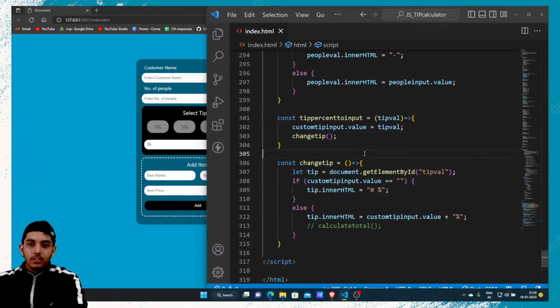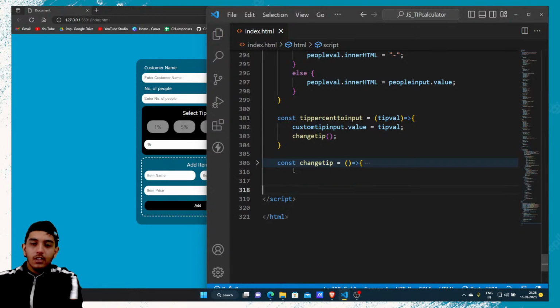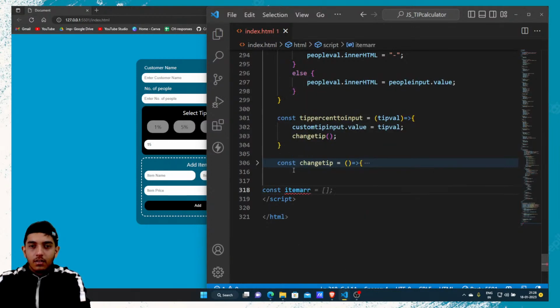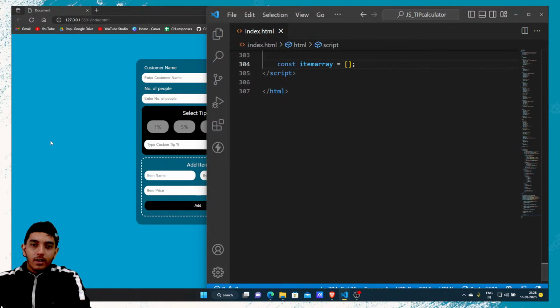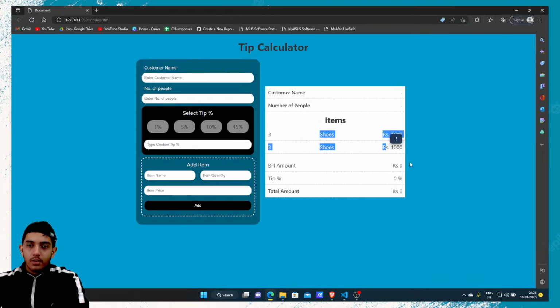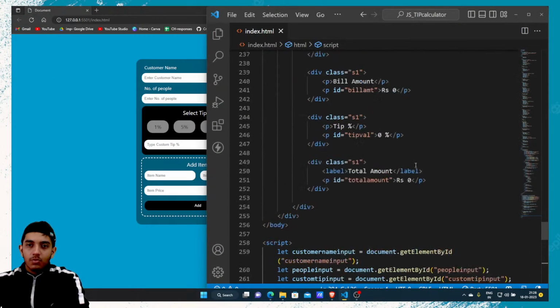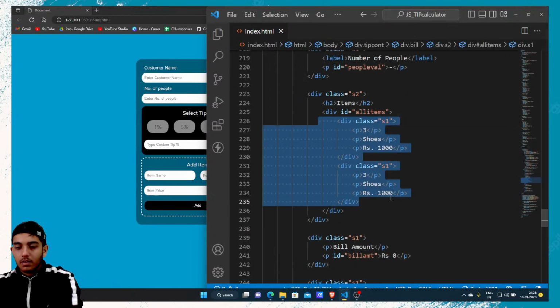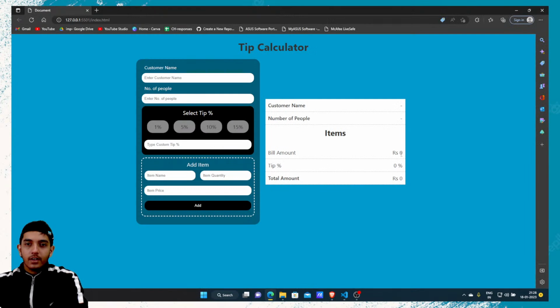So for that, let's check this. For add item, I'll simply create an array. I'll write const item arr. Let's write a complete item array. Initially there will be no item selected, so let me just remove this. Okay, initially no items will be selected,